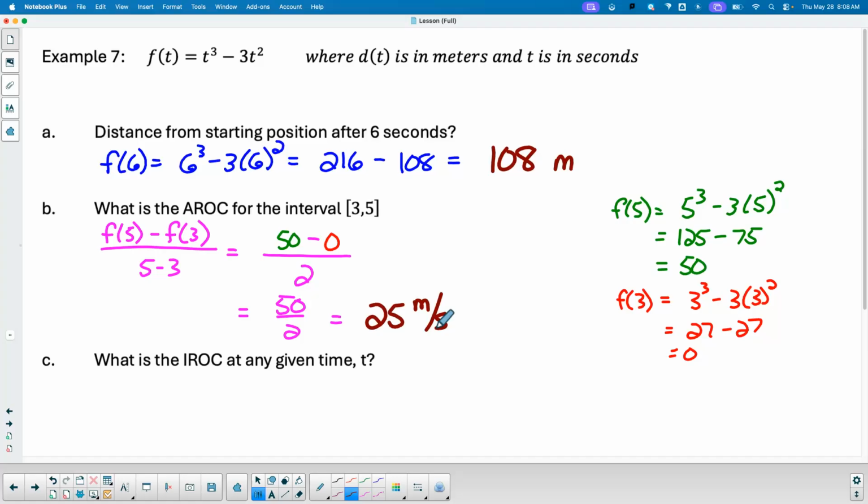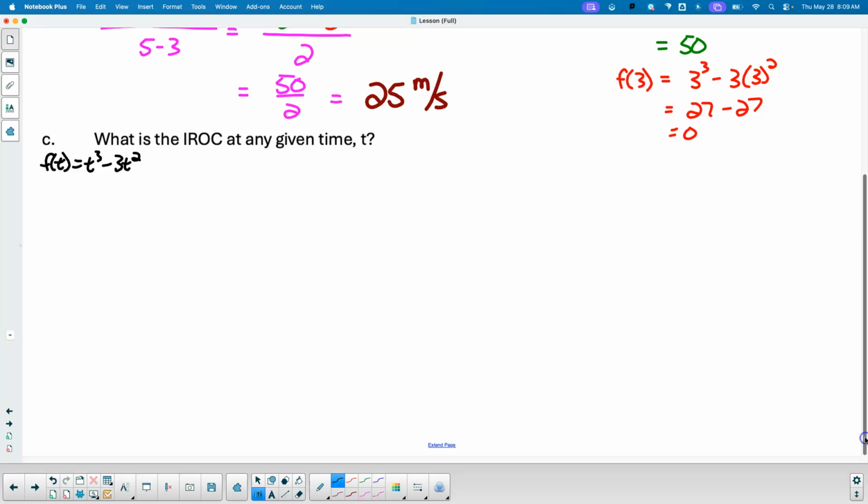Agreed? 25 meters per second? Yep. Okay. IROC at any given time t. I'm just going to rewrite my f of t down here. All right, so we got the limit as h approaches 0 of f of